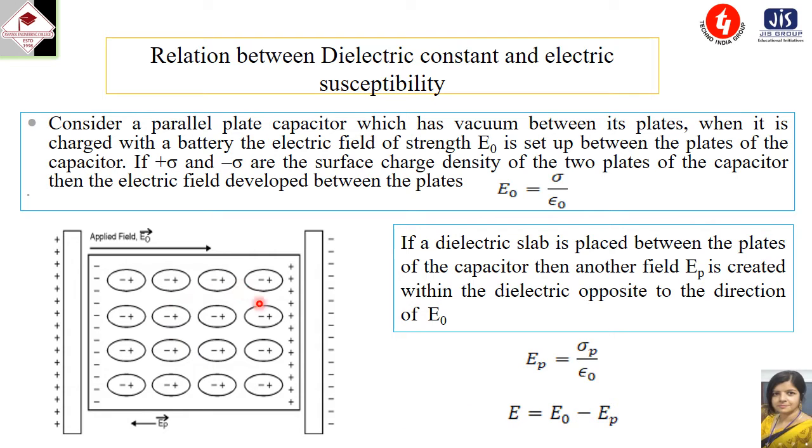Here it is shown that dielectric polarization is occurring, and in my first lecture on dielectrics I discussed what dielectric polarization is and how it happens. When a dielectric material is placed in an external electric field, dielectric polarization occurs, and that is shown here. The dielectric material is placed between the two plates of the parallel plate capacitor, and then the polarization occurs.